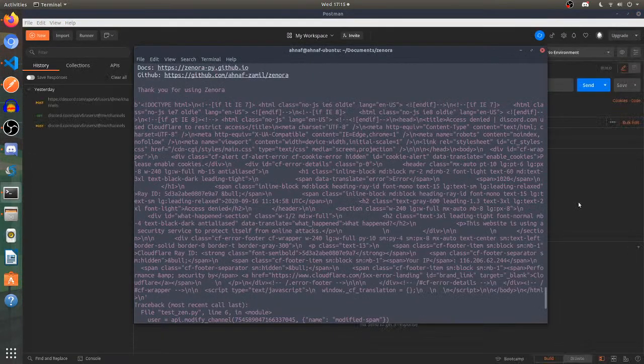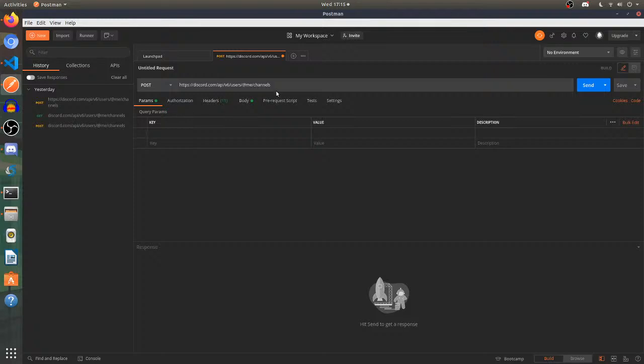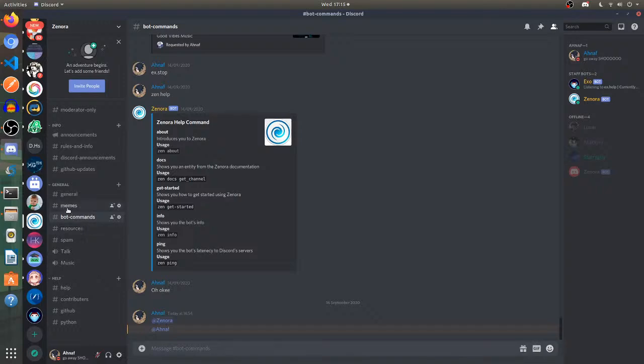Can I go to what happened? This website is using a security service to protect itself from online attacks. So Cloudflare is thinking that I'm doing an attack. Wow. Attaboy, Cloudflare. Attaboy.